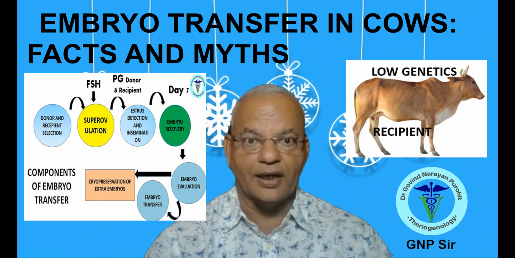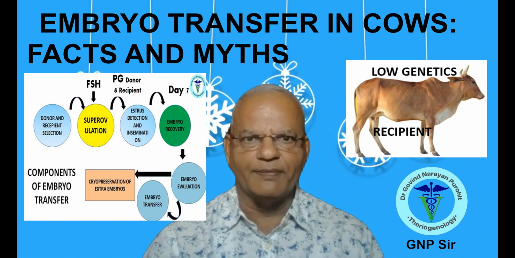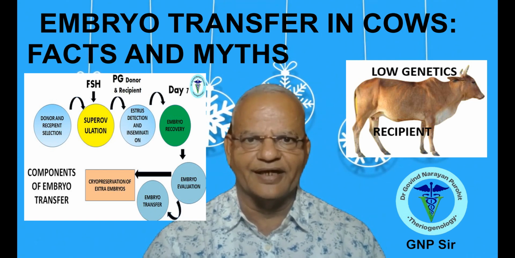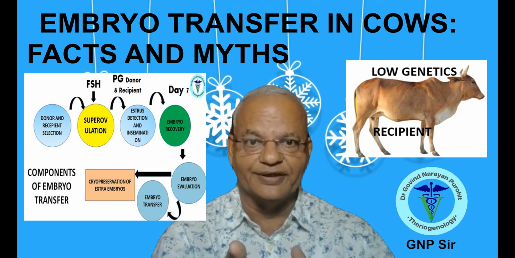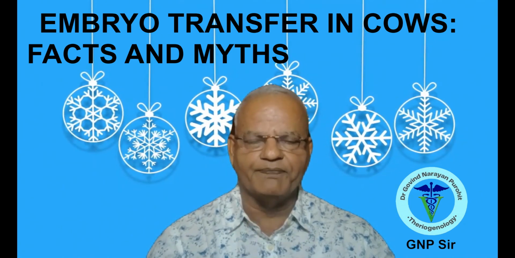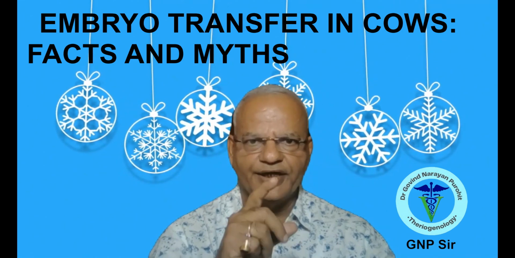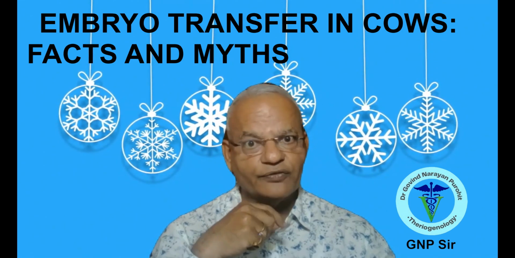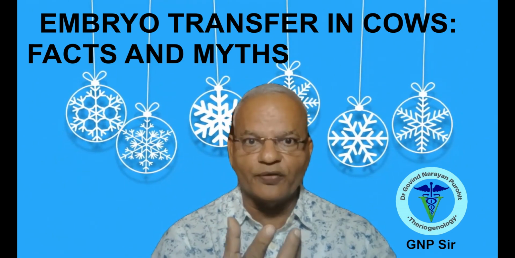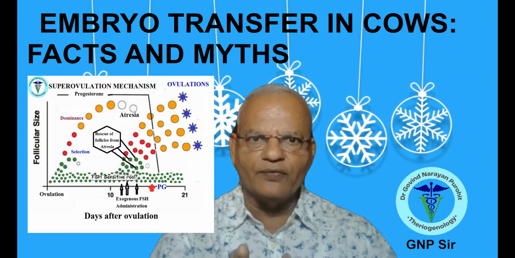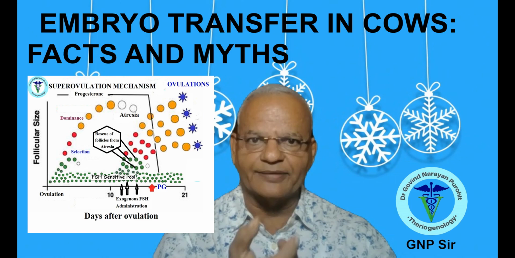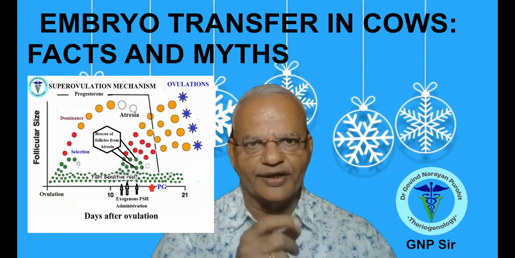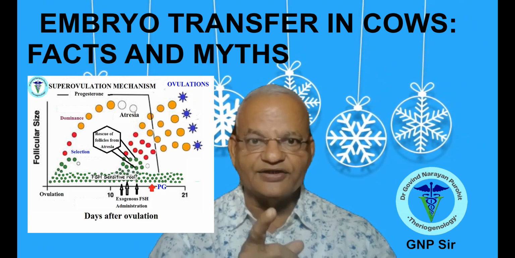Now, some of you might have a conception that embryo transfer can be done as it is, like artificial insemination is being done. No, that's not the way. For embryo transfer, you need to select a donor, and then you have to superovulate it. What is superovulation? Inducing multiple ovulations in a monoovular species by exogenous administration of follicle stimulating hormone,